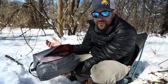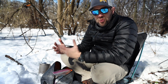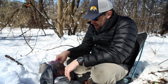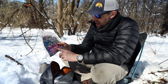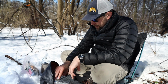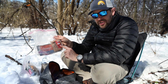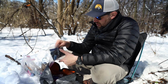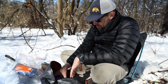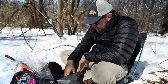This is all just from my last trip. I really overpacked that trip because I brought my son, who's a super picky eater, and I just didn't want to not have enough food. So I got a bunch of stuff in here. I brought some Mountain House raspberry crumble, some other stuff that looks like maybe lasagna. I've got Mountain House chicken and rice. Looks like I got some Taco Bell fire sauce in here, maple and brown sugar. What else do I got? Ooh, spaghetti. And this is a half serving of spaghetti because I split it open. Another Mountain House raspberry crumble. We thought we were going to stay out 2 nights. We only ended up staying out 1 because the weather kind of...